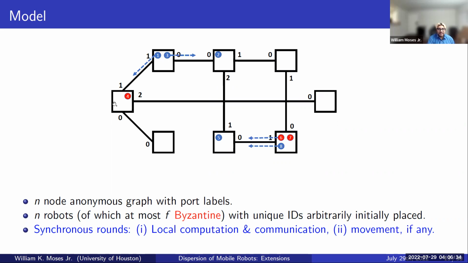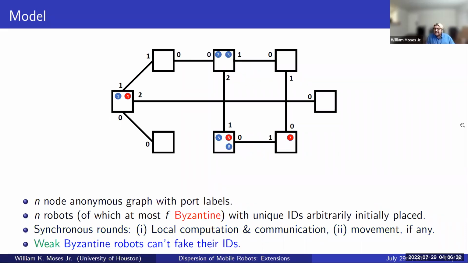Finally, recall earlier I said that you have results for both strong and weak Byzantine fault tolerance. What is this notion of weakness and strongness? Well, Byzantine robots are robots that can lie. They can lie when they communicate with other robots at the same node. They can send incorrect information. They can also